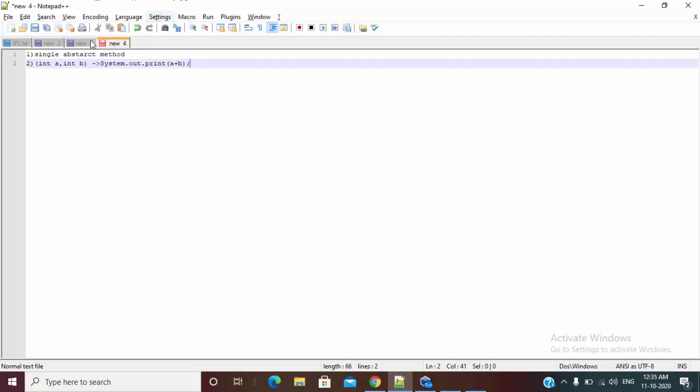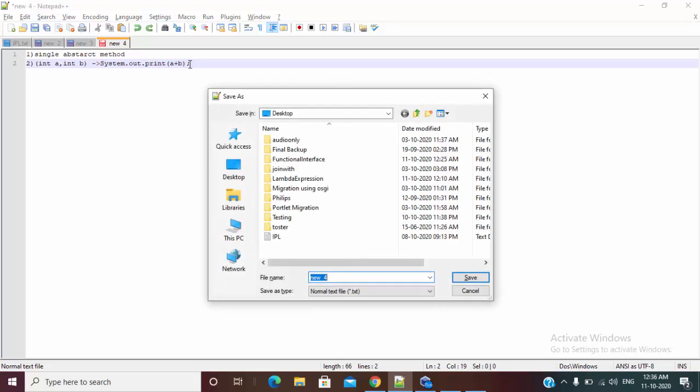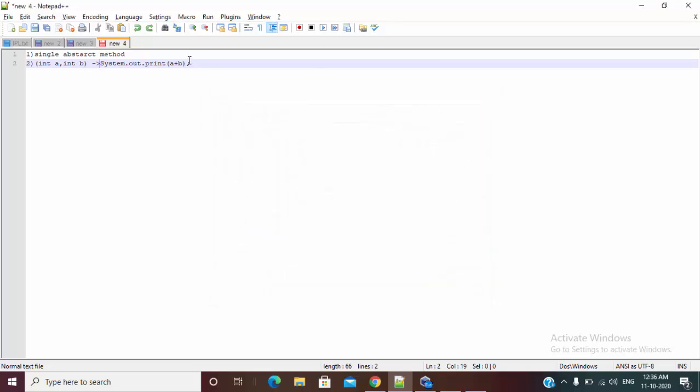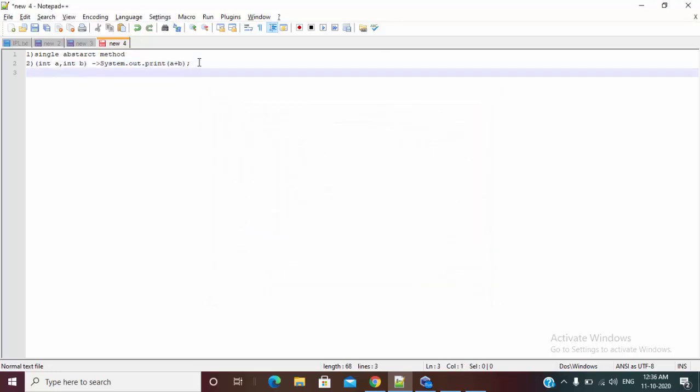As this is a single line, if you want you can use this parenthesis, and if you don't want you can also remove these. For a single line statement the parenthesis is not required, but obviously for multiple lines you need these.